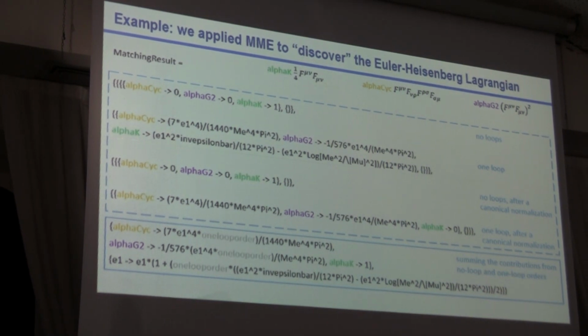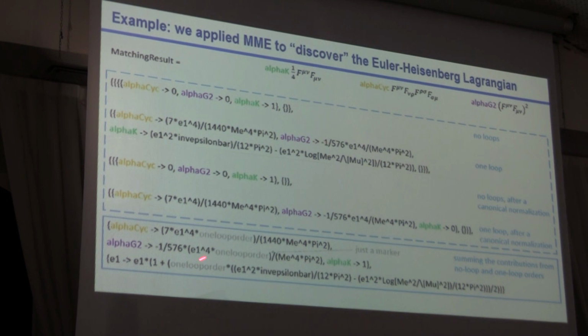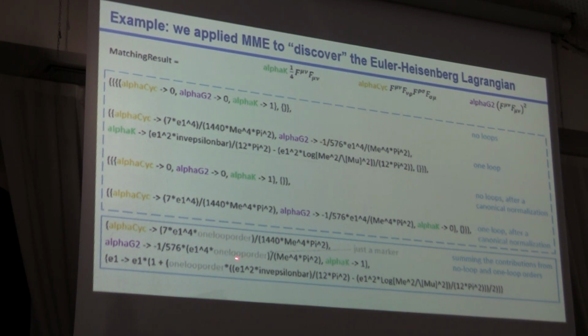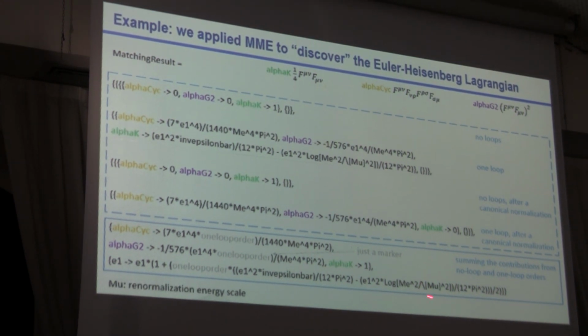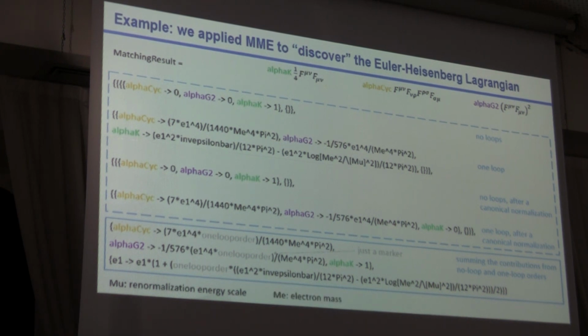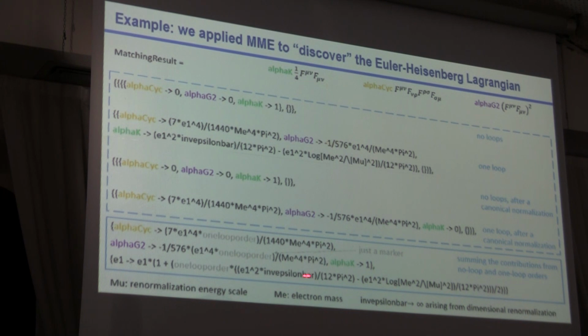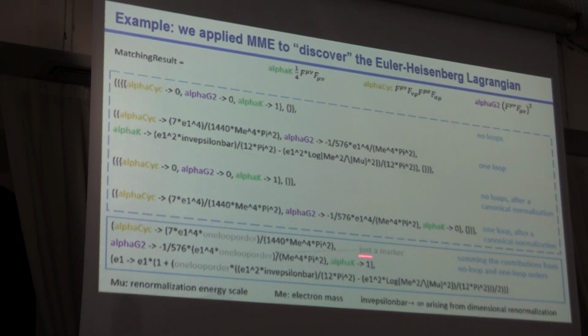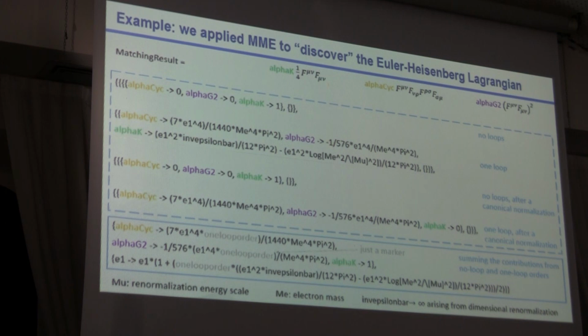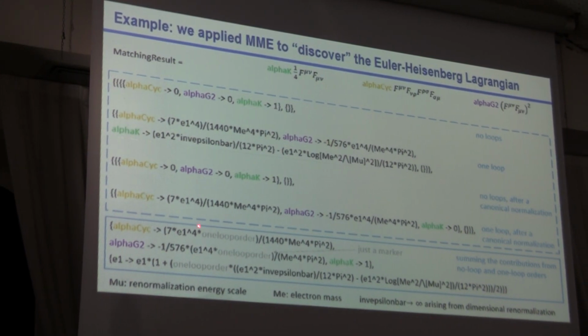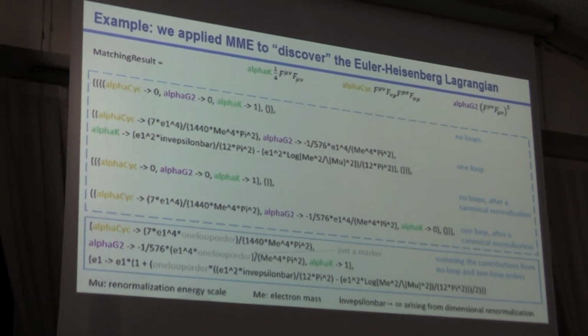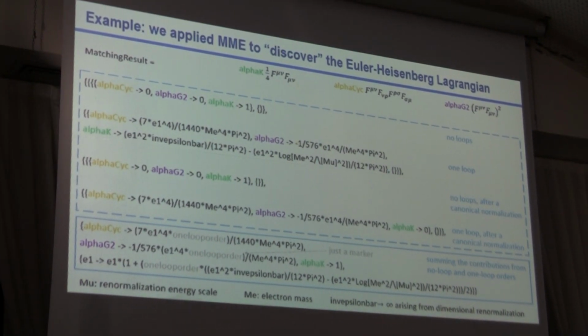And you can see that it's the right thing by, well, noting a few things. One is that this is just a marker saying this is a 1 loop order, so it's not really changing the results. And then there is mu here that relates to the renormalization energy scale. There is the mass of the electron, of course, that you see inside, and a few other constants. And an epsilon bar that relates to renormalization, specifically dimensional renormalization. It's the 1 over epsilon there. So those basically give you the terms, and if you check the terms, those are exactly the ones that we need for Heisenberg-Euler. So it's a nice test.